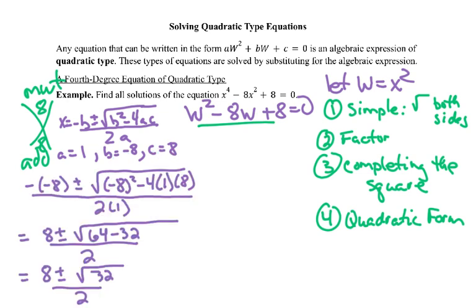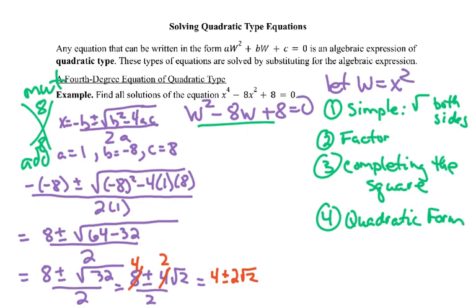If I plug them in, simplifying it gives 8 plus or minus the square root of 32, over 2, and we can continue to simplify that into 8 plus or minus, 32 is 16 times 2, so that will be 4 radical 2, all over 2, which we could further simplify. I can cancel 2 into both the 8 and the 4, so that will leave me with 4 plus or minus 2 radical 2. And you might think that's my answer, but it's not,